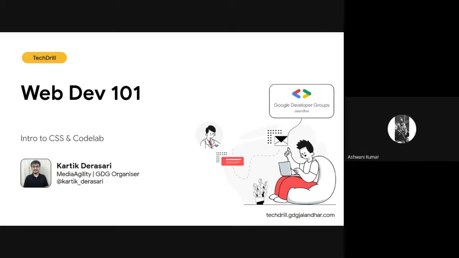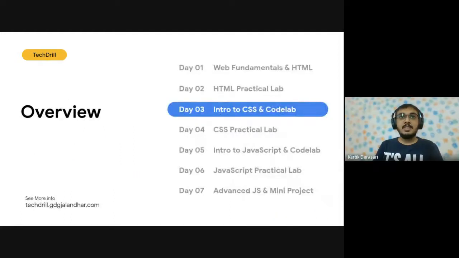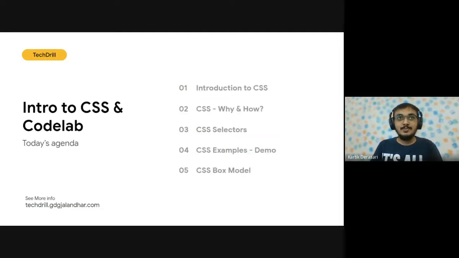Yes, Karthik. Okay. So, going forward, today's topic is Introduction to CSS, and we'll also perform some CSS code labs. So, coming on to today's agenda, we have five main topics to discuss today. First of all, we will learn what CSS is. We'll learn why we use CSS and how we can use CSS in our project.